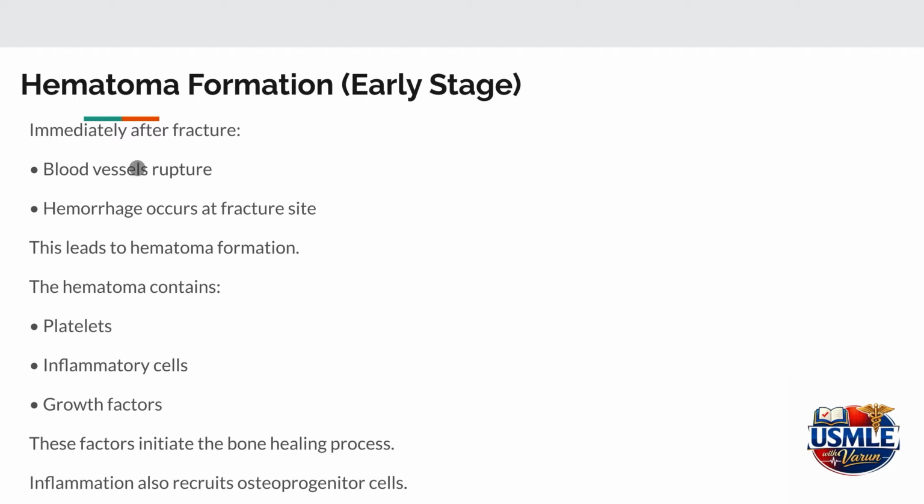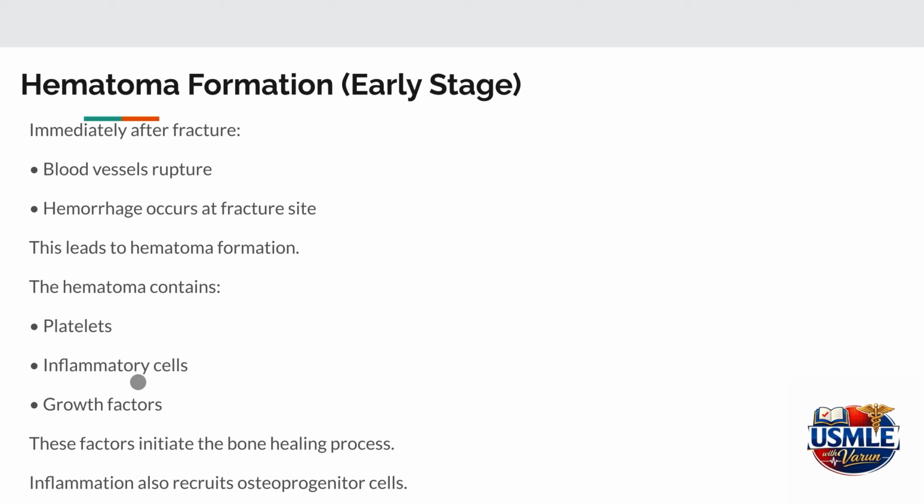The first stage of fracture healing is hematoma formation. Immediately after a bone breaks, blood vessels within the bone and the surrounding tissues rupture. This causes bleeding at the fracture site. The collected blood forms a hematoma, which is essentially a localized blood clot. This hematoma contains platelets, inflammatory cells,